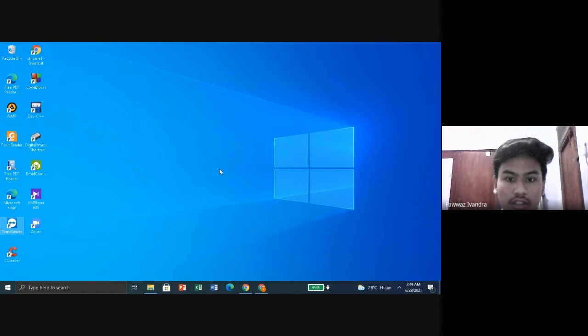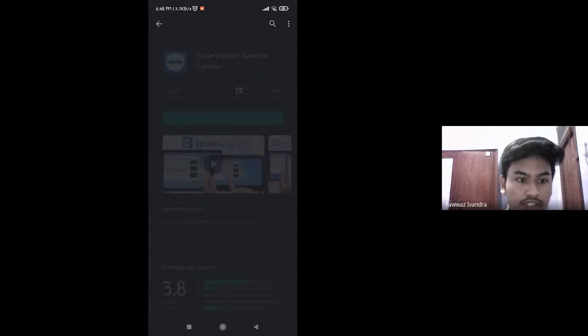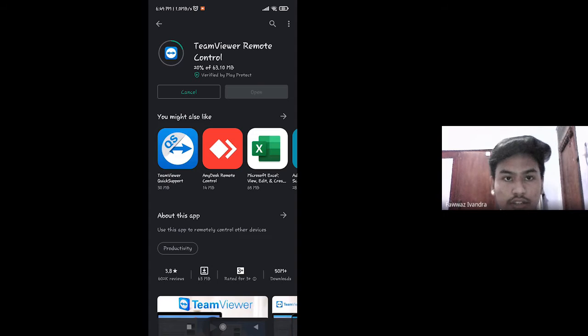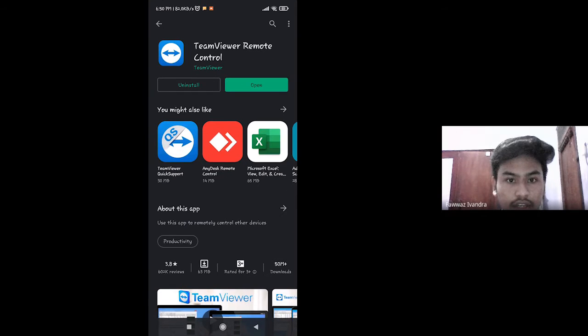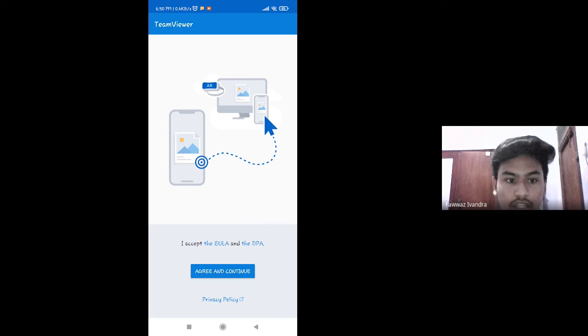Then let's start installing TeamViewer on the smartphone. First, install the download application and open it when it is finished. Second, the first screen that appears after the application is open is the privacy policy, EULA and DPA created by TeamViewer.